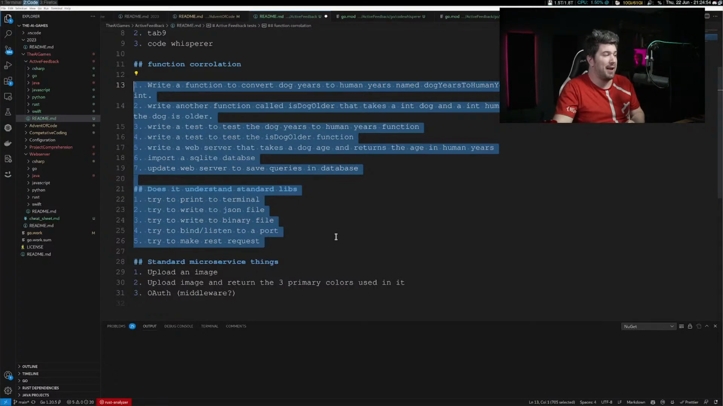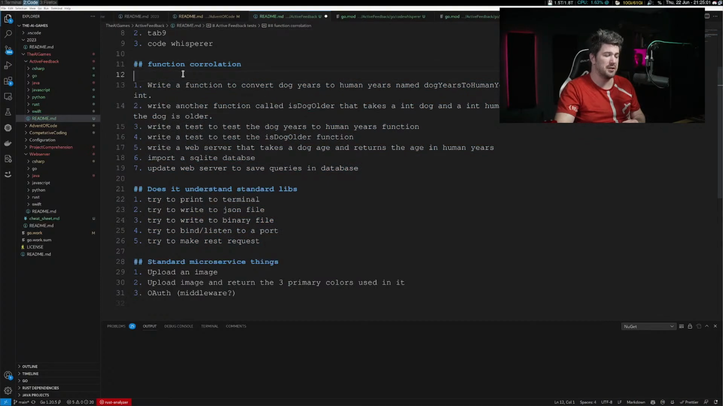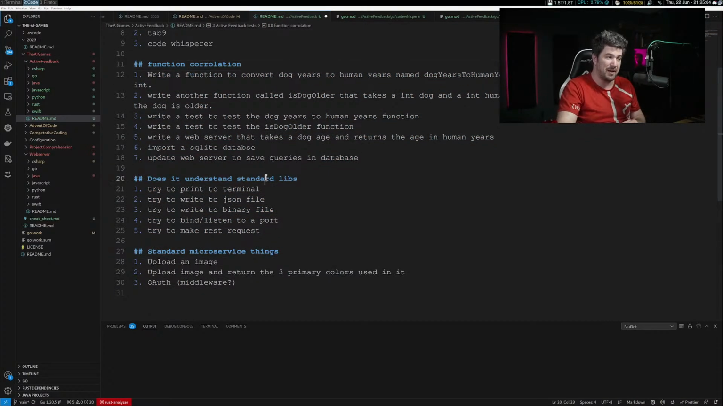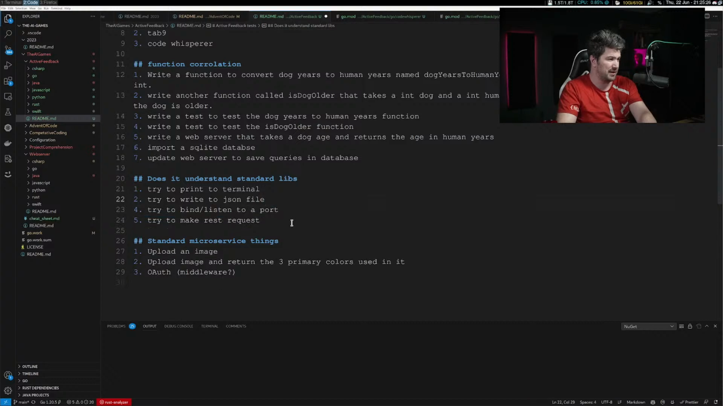So I was thinking about adding the web server stuff to the active feedback. This is where we were writing stuff to see if they could do function correlation, to do the standard libraries. And I was thinking we could just add the microservice stuff to this. We can always break this out if it gets too large of a category, but it felt like some of the same stuff anyways. And maybe we can thin out some of this stuff. You know what? Let's actually thin some of this out. We don't need to do a binary and a JSON file. I know binary is maybe a little bit more tricky, but